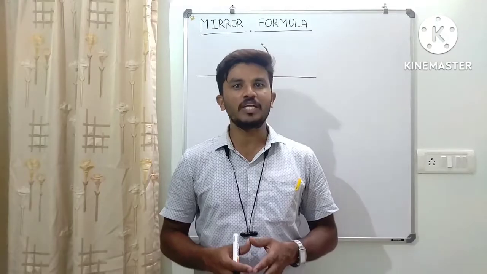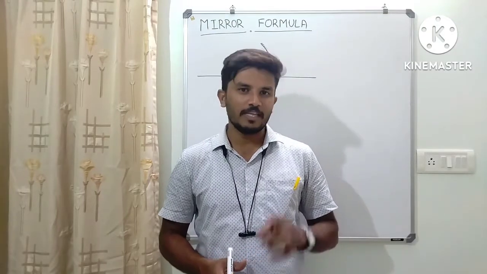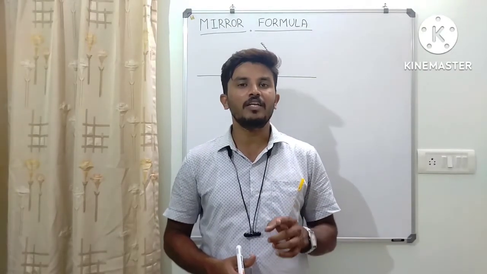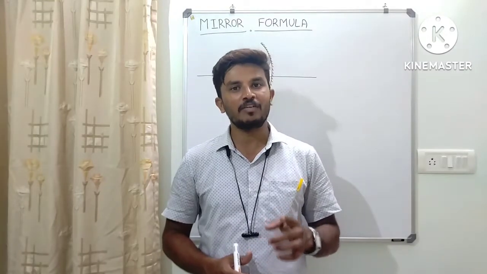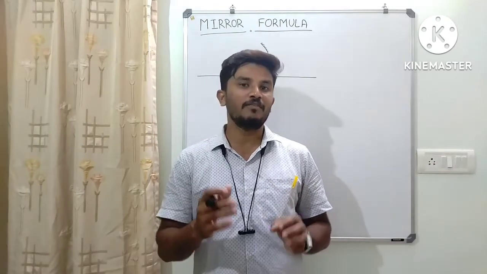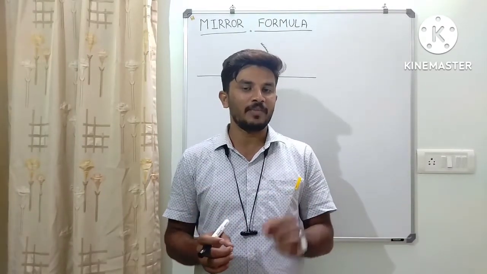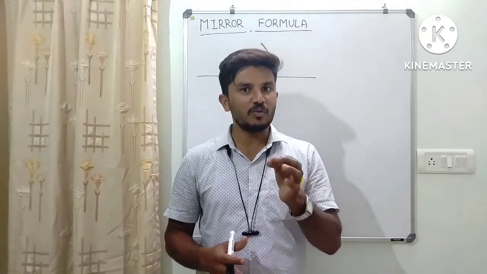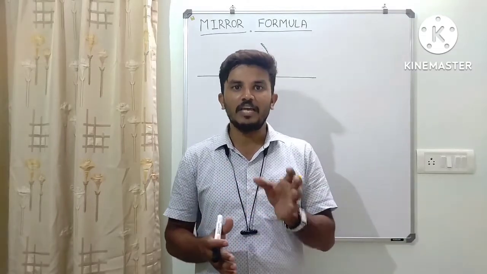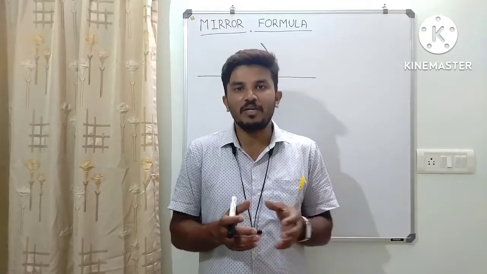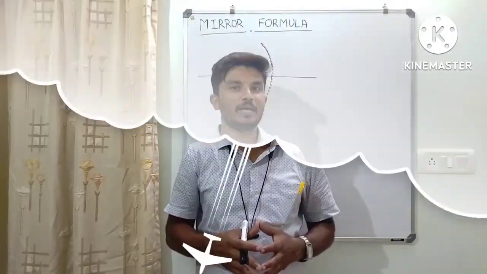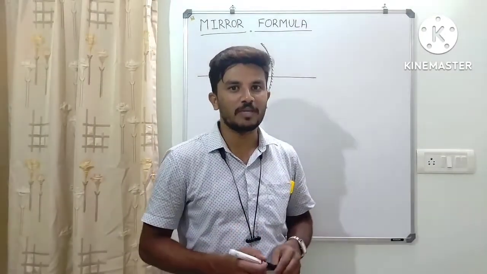In this video, I am going to derive an expression for the mirror equation. In the last class, I explained reflecting surfaces, especially by taking a concave mirror. There I explained the laws of reflection, the sign convention, and then derived the relation between focal length and radius of curvature. If you have not watched that video yet, please go back and watch it before coming to this video, because every video is interlinked with the previous one. Saying that, I am going to start deriving the expression for the mirror equation.